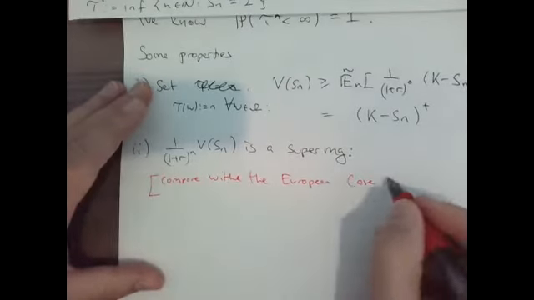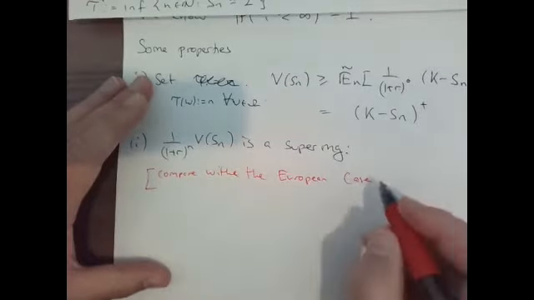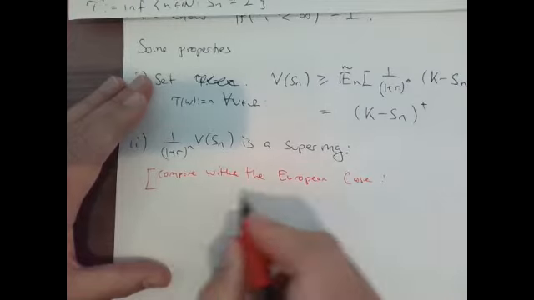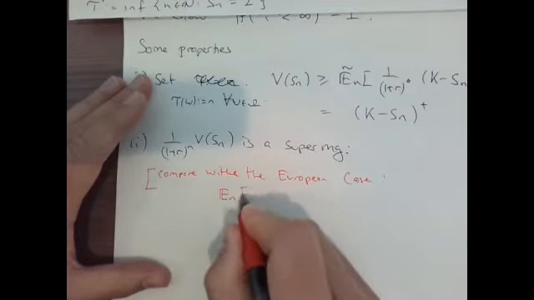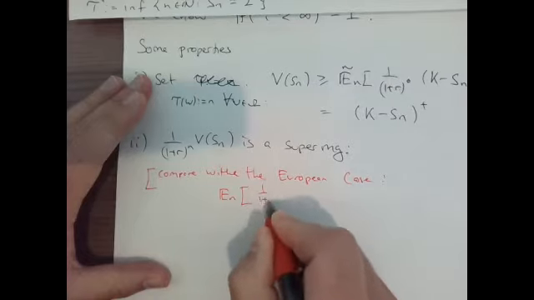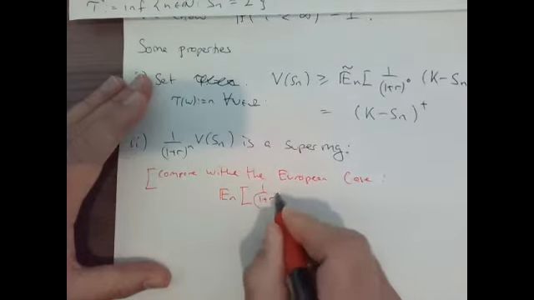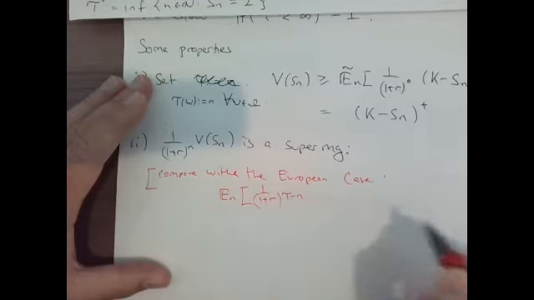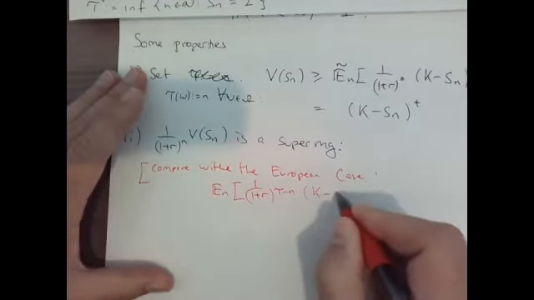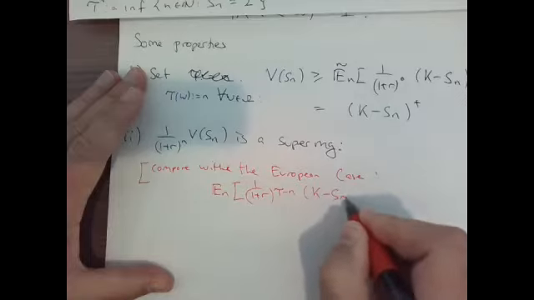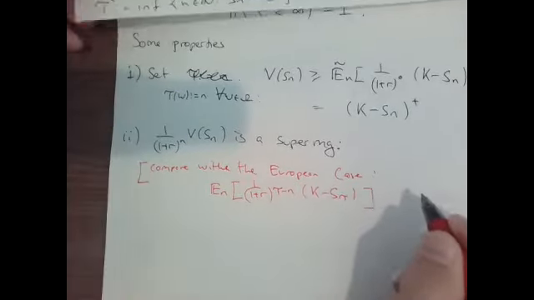Compare with the European case, then you would be stuck with something like En of 1 over 1 plus r to the power tau minus n, and then you would have k minus s tau. Right. For the European case,